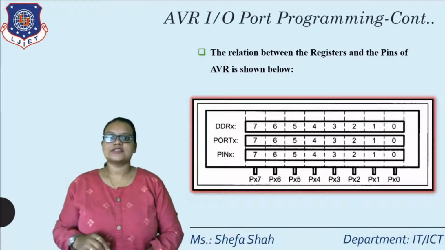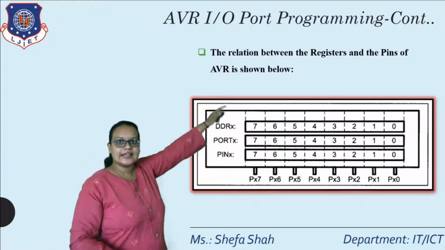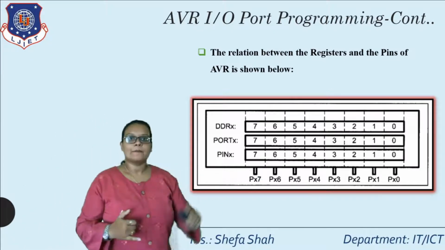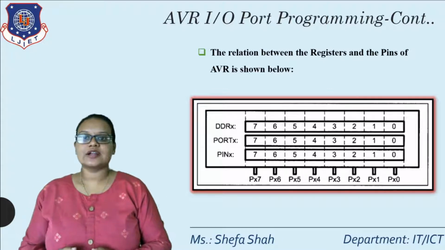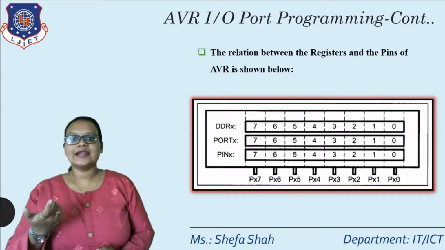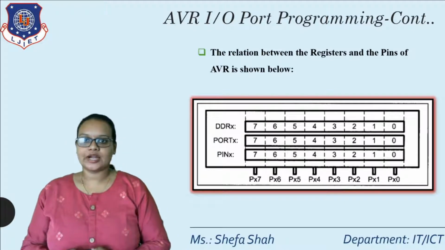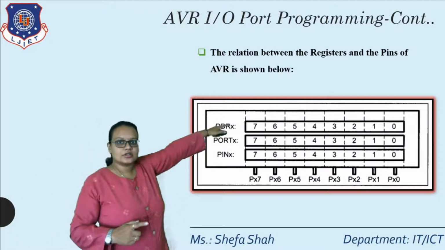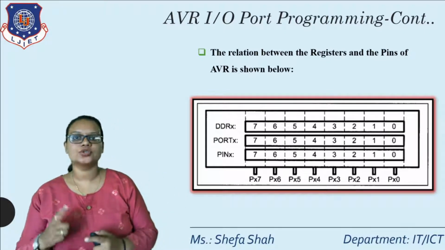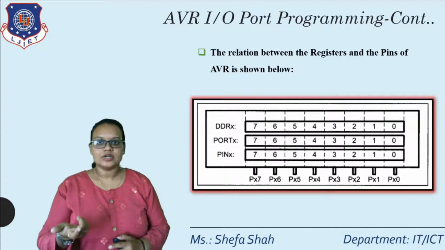Next, as you can see in this figure, there is PIN X, then PORT X and DDR X. All these registers are 8 bits, starting from P0 to P7. All these pins work simultaneously, either as an input port or output port, and that is decided by the DDRX register. In this figure you can see the architecture of the IO port programming. At the top of the figure is DDRX, which is an 8-bit register starting from PX0 to PX7. If it is port A, then PA0 to PA7 will be assigned to DDR.